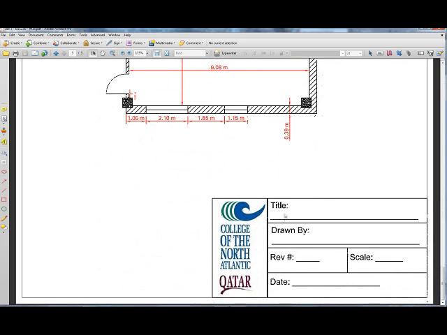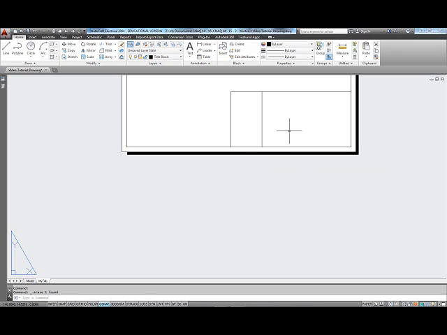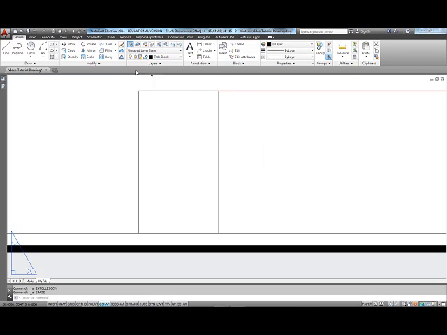How many fields do I have? Let's check. We have 1, 2, 3, 4. That means, and this is 5 centimeters, so each one of these is 1.25 centimeters wide. So let's, in fact, instead of deleting that line, we're just going to leave it there, and we're going to move it first. Move, spacebar, from this end at 0, comma -1.25, actually 1.25 centimeters, so it should be 12.5, and then we're going to copy it,